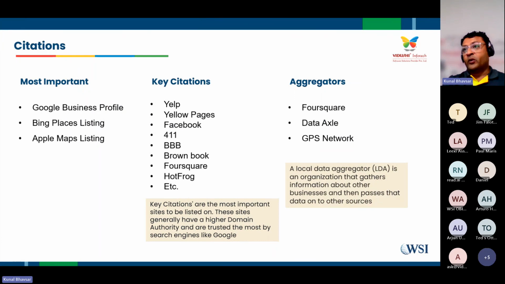Here are the most important profiles and directories to optimize and submit your business for: Google Business Profile, Bing Places listing, and Apple Maps listing. We can add your business information to the key citation sites like Yelp, Yellow Pages, Facebook, 411, and so on. The key citations are the most important sites to be listed on,